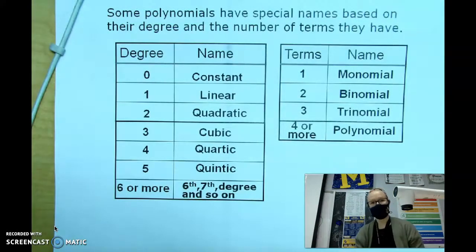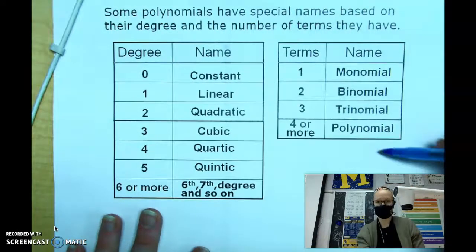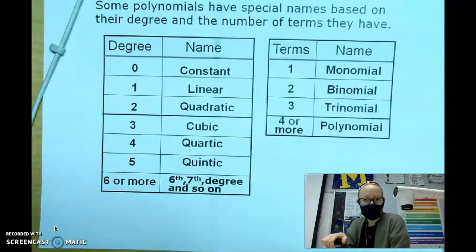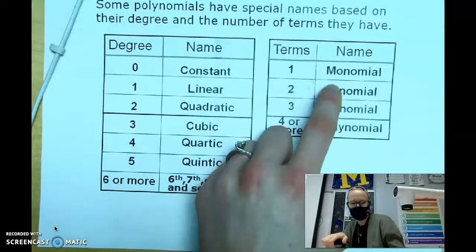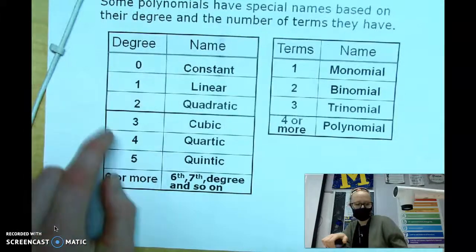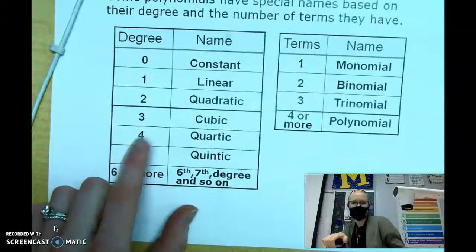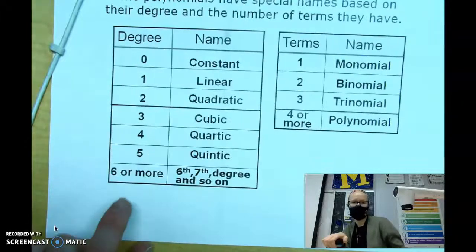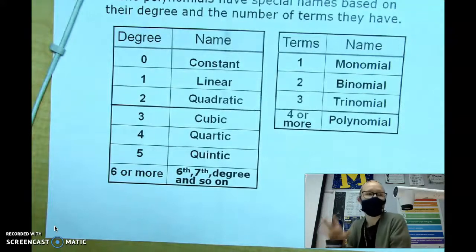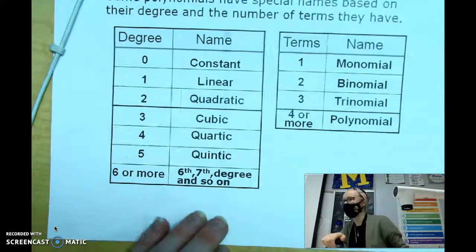the degree and give it a name, and then the number of terms and give it a name. So this table, yes, you do need to copy down. I'm going to give it to you guys. So once again, these little stems for the number of terms should help you a little bit. And then same thing with some of these terms, like cubic, 3-dimensional, 3, a cube is 3-dimensional. For 4, split it into quarters, so quartic. 5, quintuplets, or quince. In math it's like a factor of 5. I don't know in Spanish, but anyway,